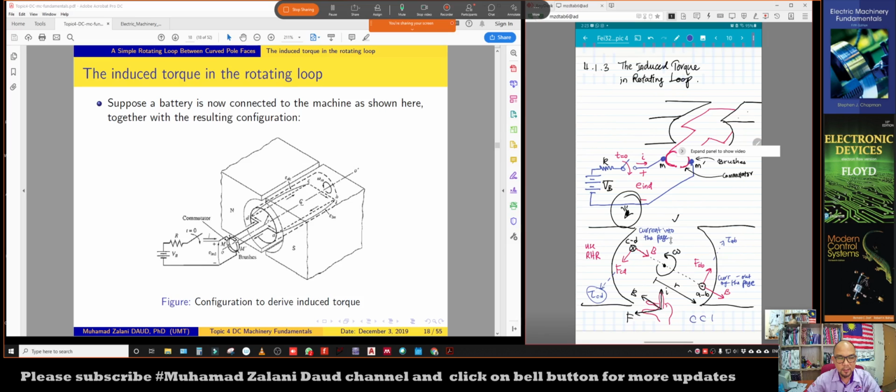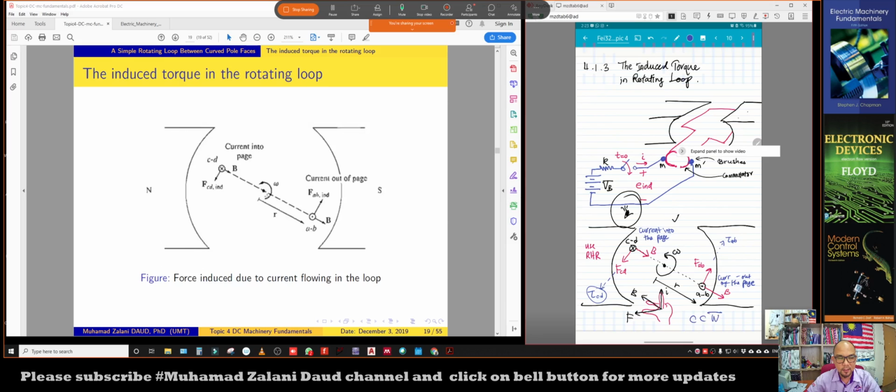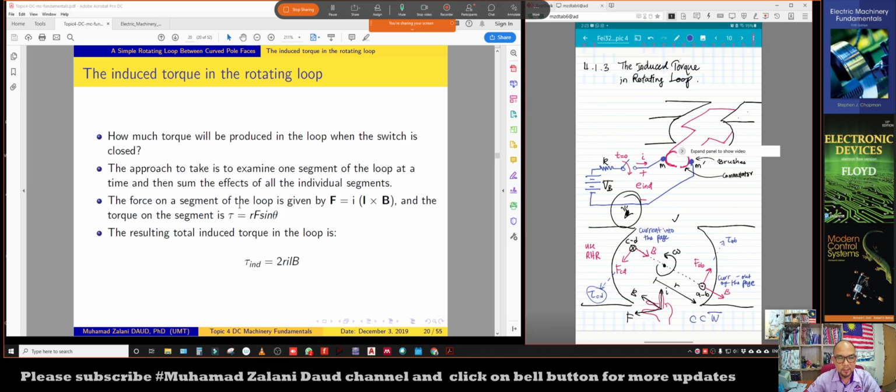So this rotor is rotating in the counterclockwise direction. Similar to this figure, you can imagine that when the force is induced at each of the segments AB and CD, this rotor will be rotating in the counterclockwise direction. We can use the same concept as for the voltage induced, here. When we talk about the induced force because of the current flowing in this segment of the wire loop of the rotor,